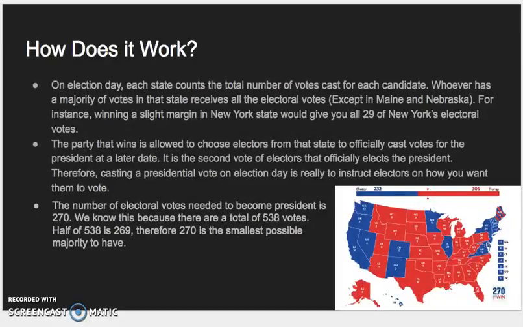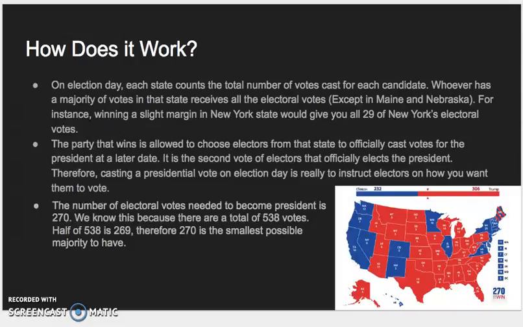So how does the system work? On election day, you would go to your polling place and you cast your vote. In each state, all the votes are tallied, and whoever gets the most gets all of the electoral votes from that state. So again, using New York as an example, if you get